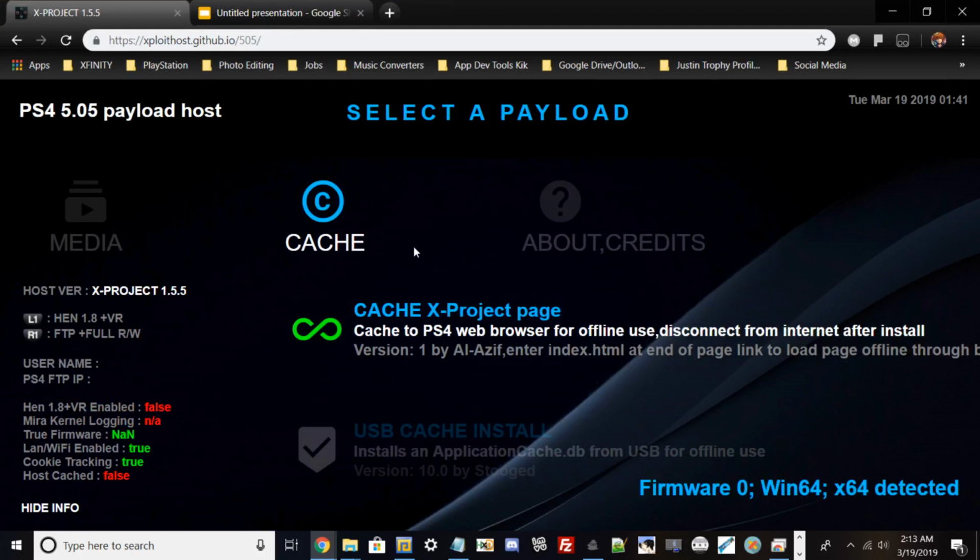But I'm basically going to tell you guys, you've got to run this from your PlayStation 4 unless you're doing this manually by hosting your own app. But basically I'm just giving you a tutorial verbally. So once you have your PlayStation 4 booted, you want to go to your internet web browser, and then